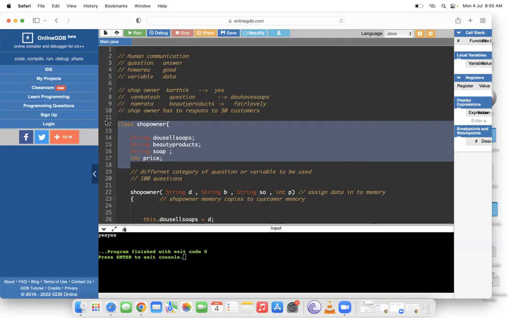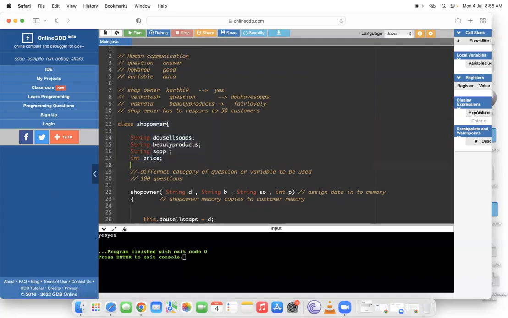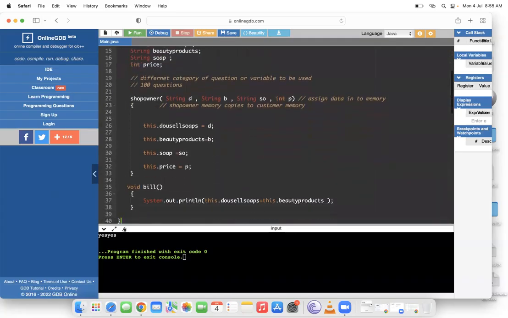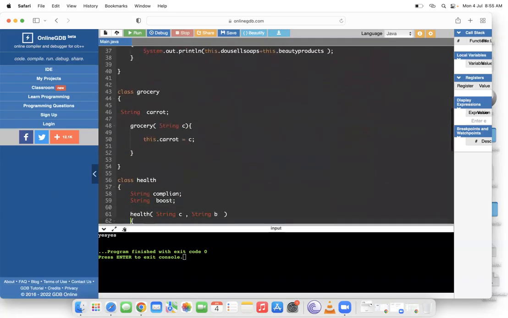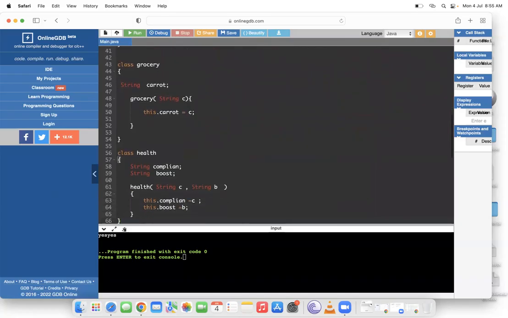So I cannot write one class and put all 100 and 200 questions into this. This has become so lengthy. Correct. So what I do here is I categorize into different things. When I categorize it, then the object-oriented principle comes. Getting it or not? So you write a class